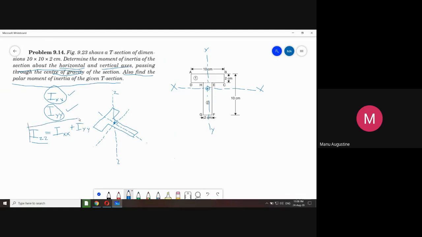So this is what we have to do. So in our problem, the first step is find the value of Ixx. Second step, find the value of Iyy. And once you have found this, find the value of the polar moment of inertia, that is Izz. So this is what we are going to do. So let us start our problem